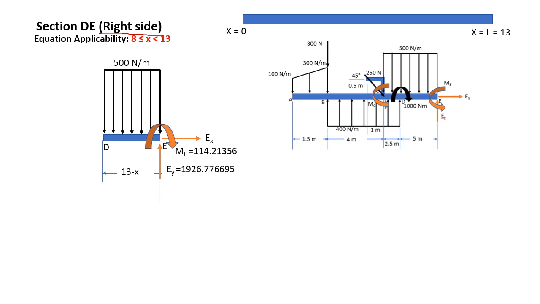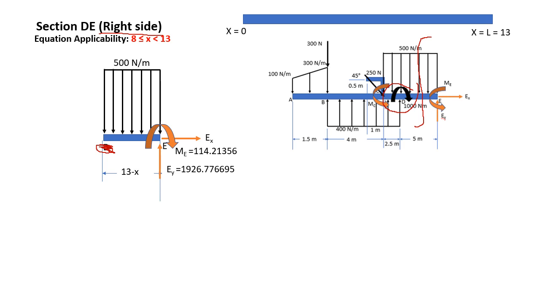So the 100 Newton per meter rectangle a while ago was removed, and we're left with the 500 Newton per meter. Take note that point D is not in the diagram. So we cut between point D and point E. My mistake for putting it there. Since we cut between point D and point E, this 1000 Newton meter moment here would not be included